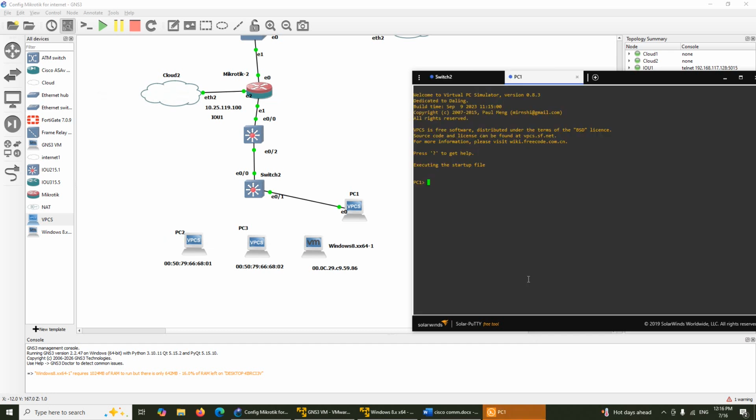It means that the MAC address will be added to the port. You can see this MAC address, and then we